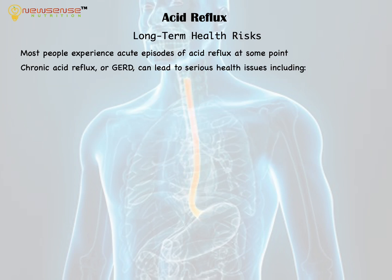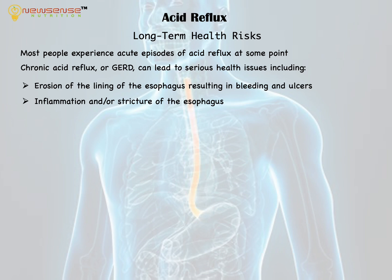So most people will definitely experience acute episodes of acid reflux at some point, like once in a blue moon or something. It might trigger something, but chronic acid reflux or GERD is serious. It can have serious health issues long-term, including erosion of the lining of the esophagus that can result in bleeding and ulcers in your throat, inflammation or stricture of the esophagus, even pulmonary restriction,